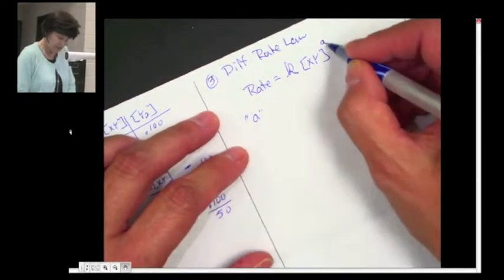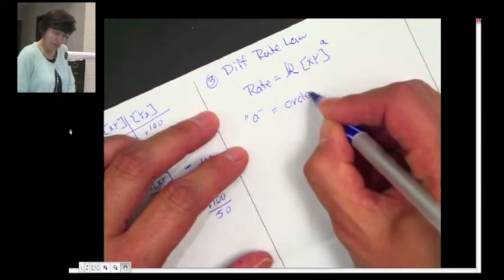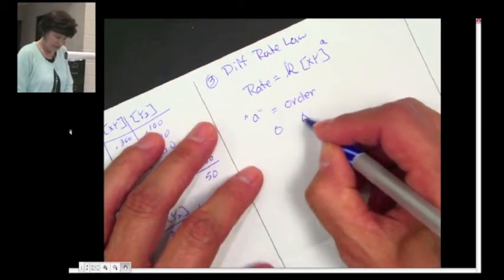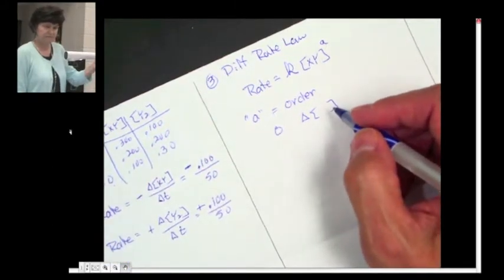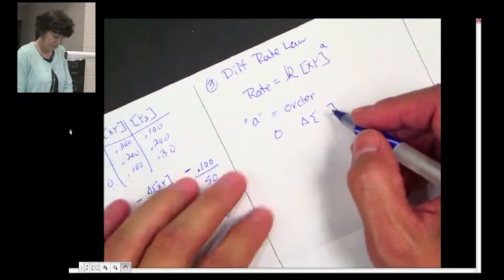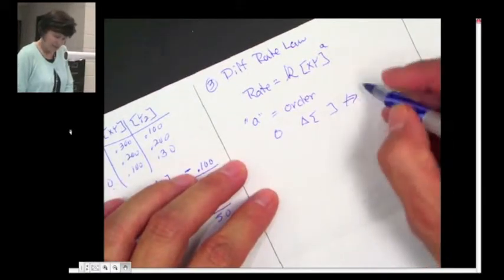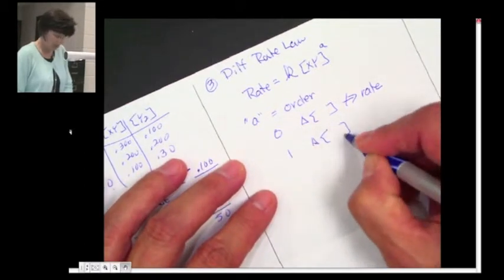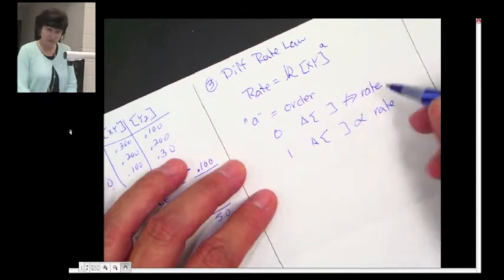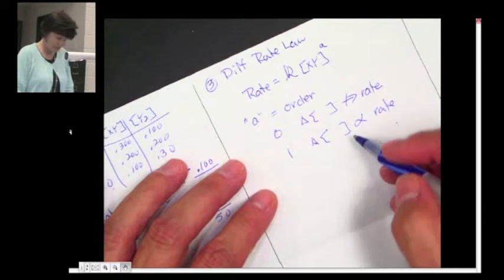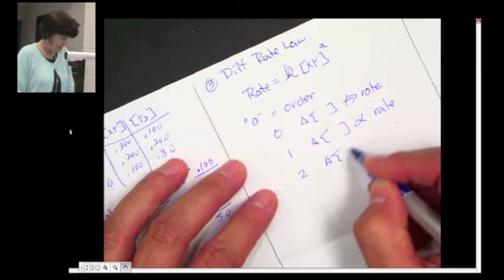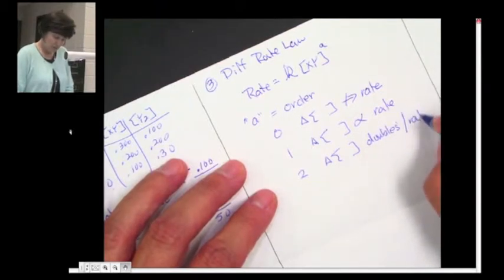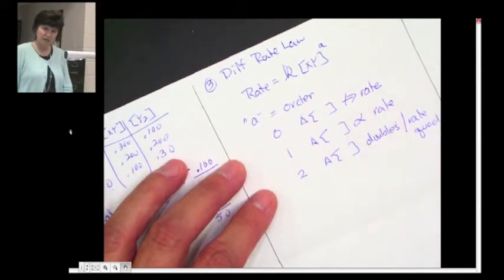In this case, the exponent is the order of the reaction, with a 0 order meaning the change in concentration has no effect on the rate, and with an order of 1, meaning the change in concentration is proportional to the rate, meaning as the concentration goes up, the rate would go up proportionately, and an order of 2, meaning as the concentration doubles, then the rate would quadruple. So it would be to the square of,